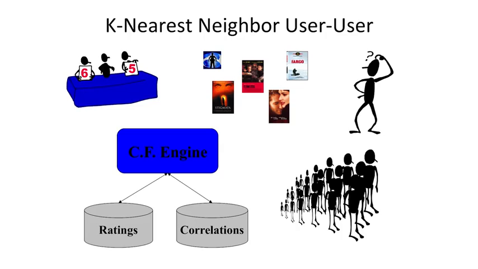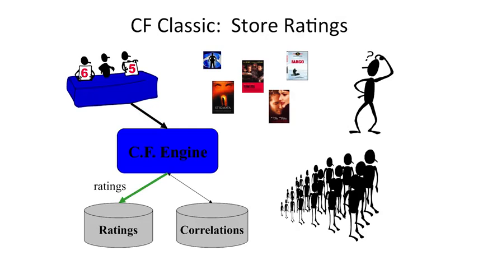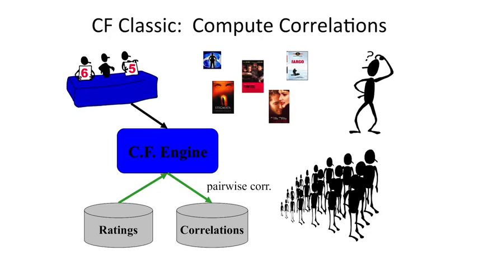These ratings are collected and stored by the system in its ratings database. The system then mines this database in order to find correlations between users and look for how much different users agree on the movies that they like. It then sits and waits for a user to come in and request recommendations.